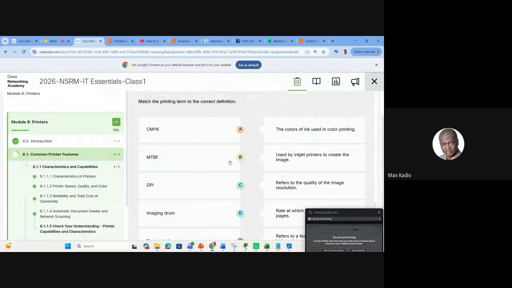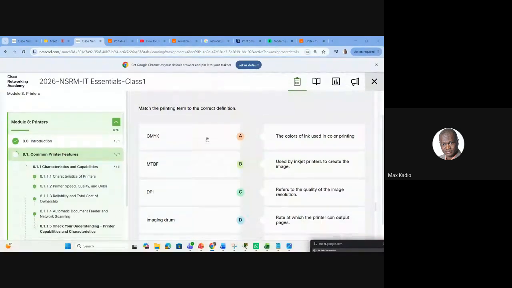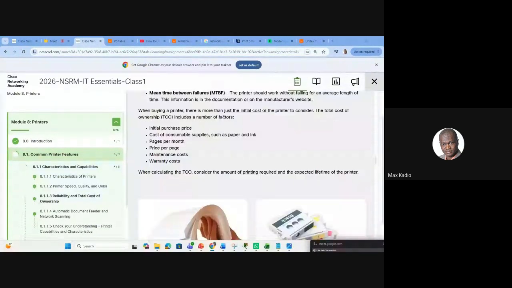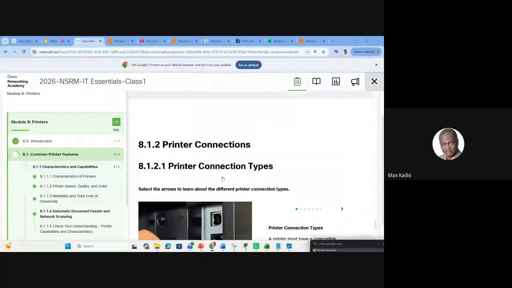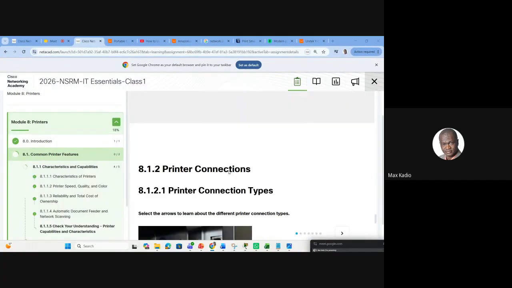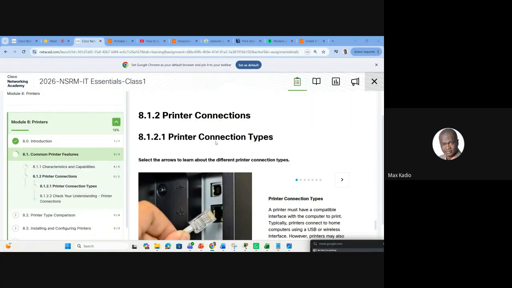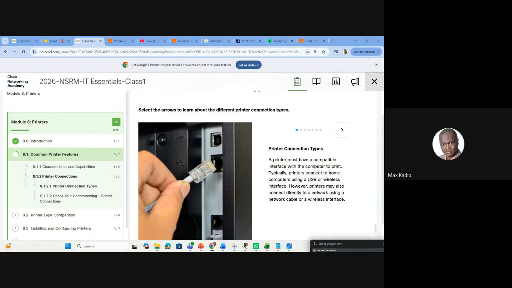Okay, now you can use this one to check. So after reading everything on top here, you can practice your knowledge with these things. So how to connect a network printer? Because it's a network printer, you connect to a network. So you use a network cable and you connect to it so that anyone in the company can get access to it. So this printer will get an IP address.